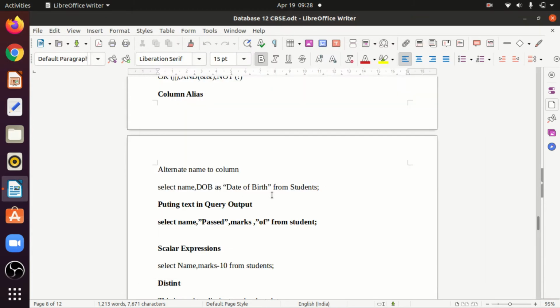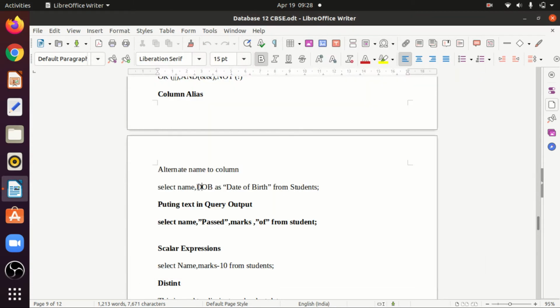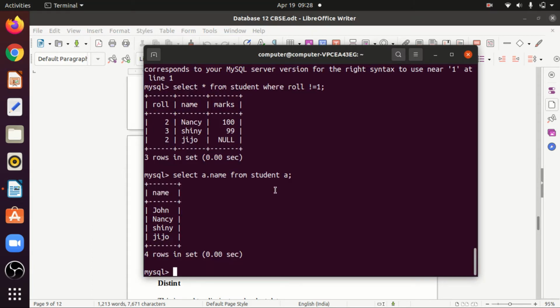Okay, or there is another way also where you can write like this. For example, DOB as date of birth. Okay, DOB as date of birth. So in that case, instead of name as name, see, this name is changed.